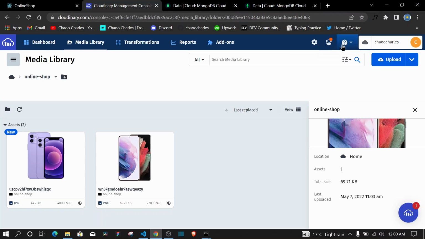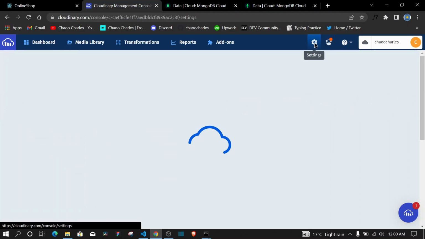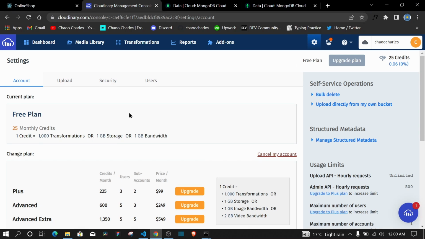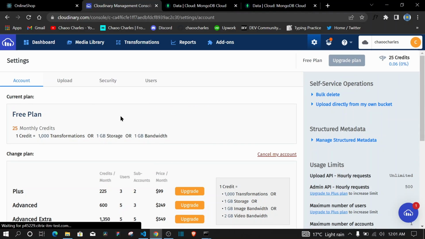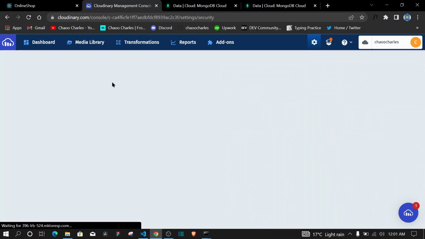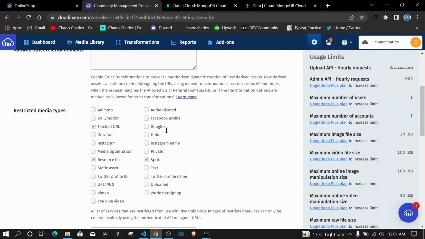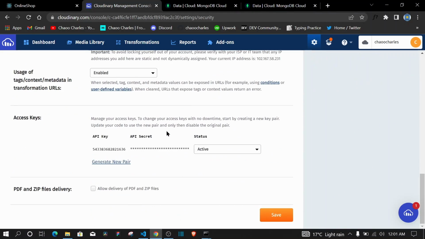And once you do that, you can come to settings, and from settings, once you scroll down here, you'll be able to see Cloudinary cloud name right there. And then you can come to security, and from security you scroll down, you'll be able to see the API key here. So you can copy that,